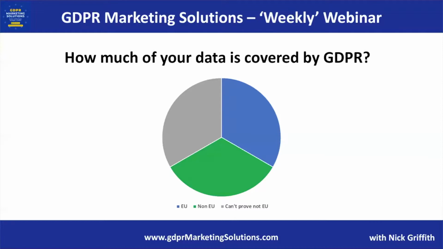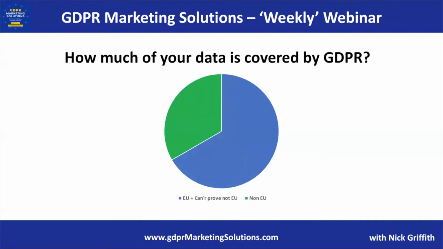So I think the good news is there may be some quick wins. There may be an opportunity to say, well, actually, in this scenario, 2/3 of the data is in the EU, and I can't prove it's not in the EU. But the good news is that 1/3 of my data is clearly not in the EU, the green portion. So I don't even have to look at reconsent, changing the T's and C's, privacy policies, and everything else.